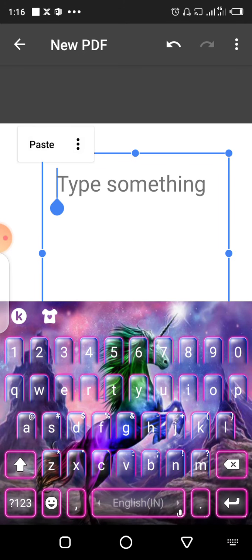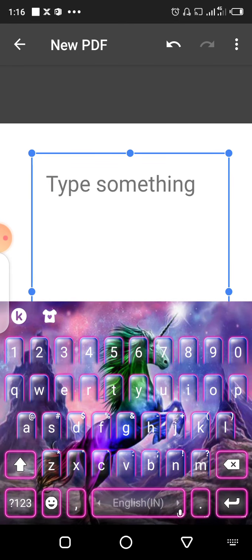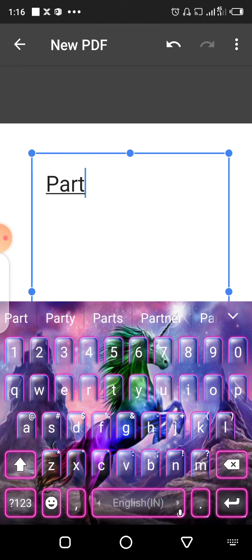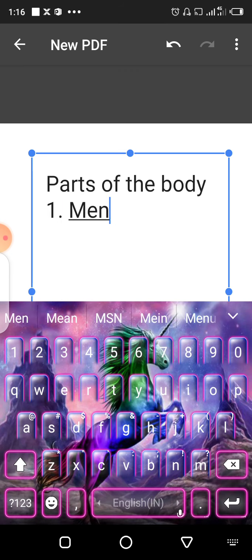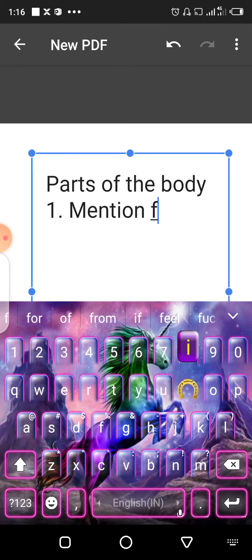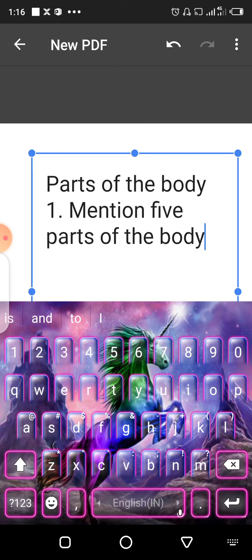And lastly, if you look at this letter A on the line, it is meant for you to type. This could actually be a very good tool. You expand where you want to type, then you start typing, part of the body. Do you get it? So you can just give your assignment. Number 1, measure 5 parts of the body. Do you get it? You go to number 2,